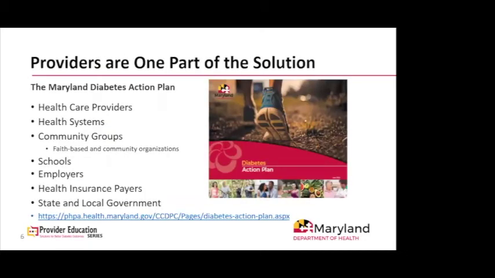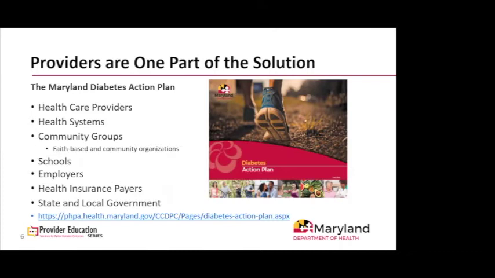So one of the key messages today is that clinical providers are not alone in addressing diabetes and its risks. Employers are concerned about how diabetes affects productivity. Health insurance payers disclose, perhaps complain, that a large percent of their claims payouts are for diabetes-related illnesses. And as the burden of type 2 diabetes shifts to include younger people, even schools are struggling with how to properly support an increasing number of students with diabetes.